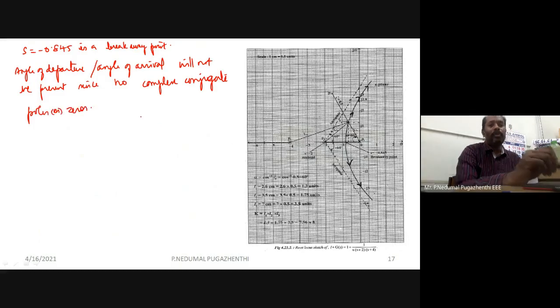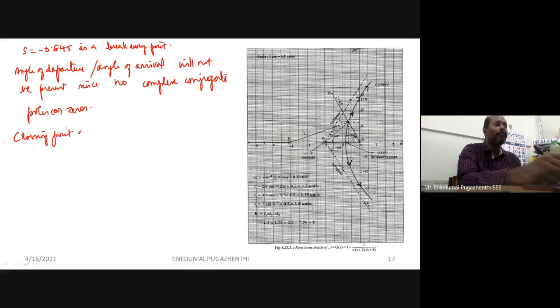Because your poles are s is equal to 0, minus 2 and minus 4. You are not having any complex conjugate poles, so no angle of departure. No complex conjugate zeros, no zeros itself actually. So you will not have any angle of arrival also. So that's okay. Now finding out the crossing point